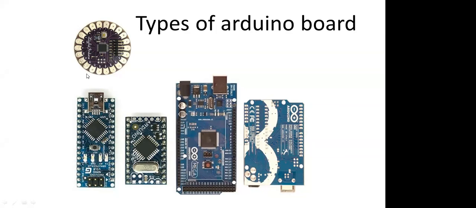This one is a lily pad. If you are going to make some project that you have to attach on a cloth, you can use that lily pad. As an example, I'm just going to share with you: if you are going to make something for a doctor and you are going to mount that device in a PPE kit, so personal protection kit, you can take this lily pad and stitch it in a cloth. So stitching can be done using this microcontroller, and you can connect input and output, all these things, and you will be able to operate it.